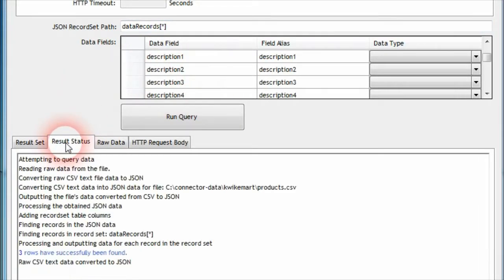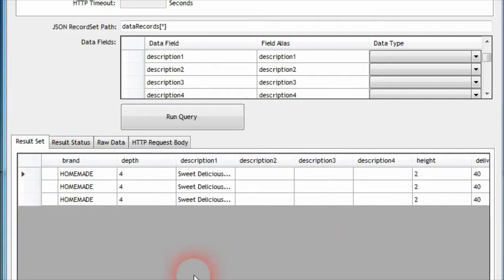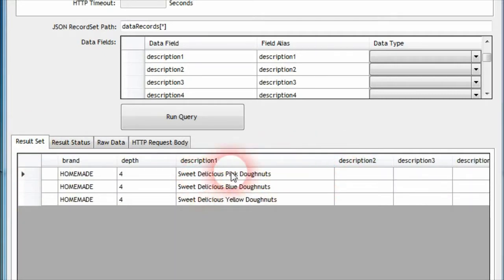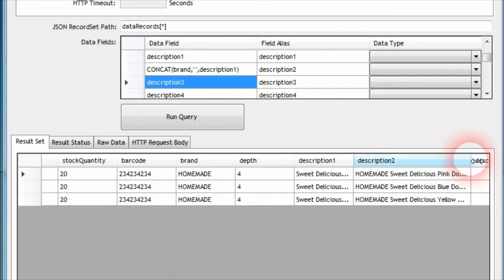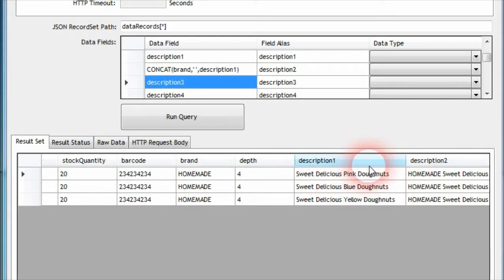For example, in the description field, we may want to put the description field into description 2, but combine that with the brand field. So we could do a concatenation where we put the brand data, put a space in between it, and then put the description 1 field with that. And if we run that, we can now see description 2 is populated with the brand as well as the data coming from description 1. So this is a very powerful tool when previously you were very limited on how you could manipulate data coming